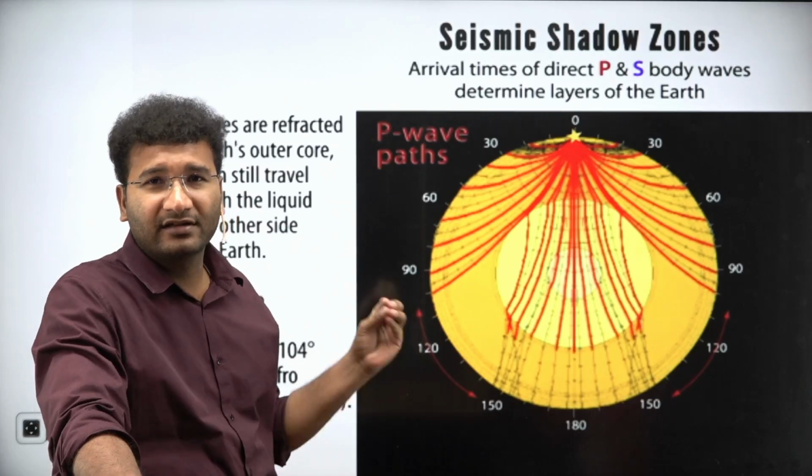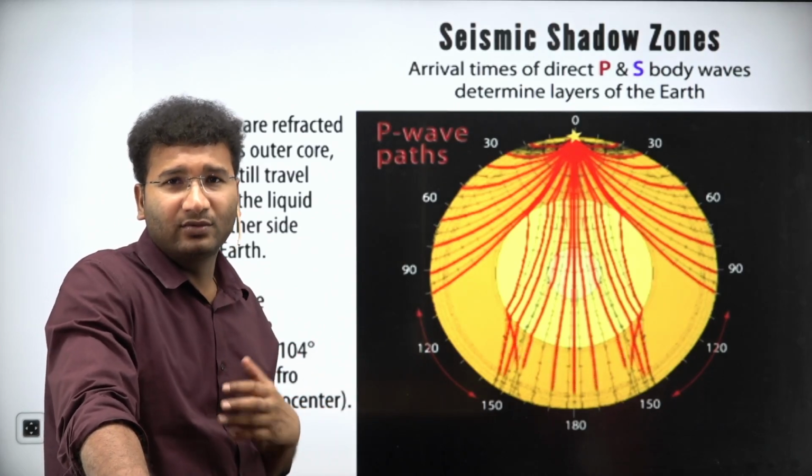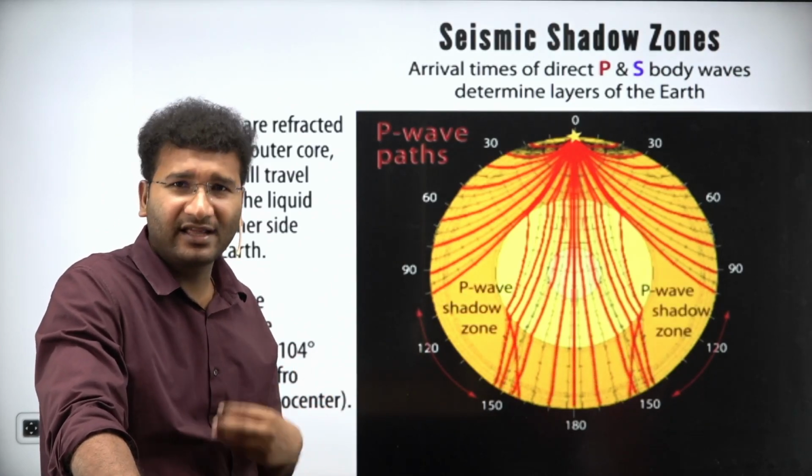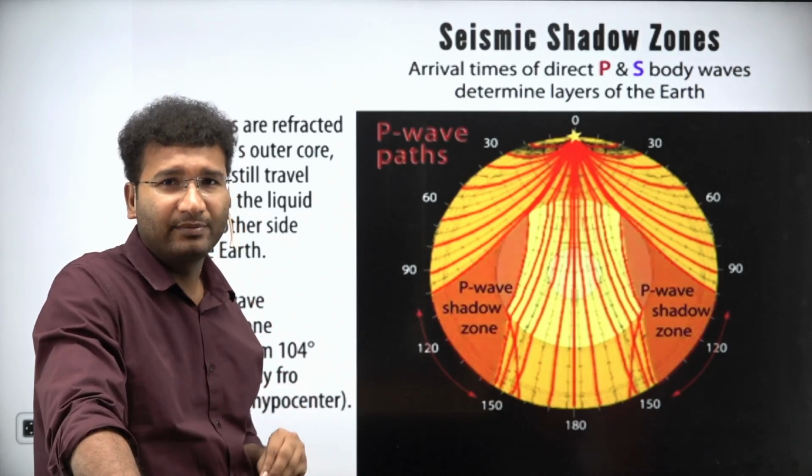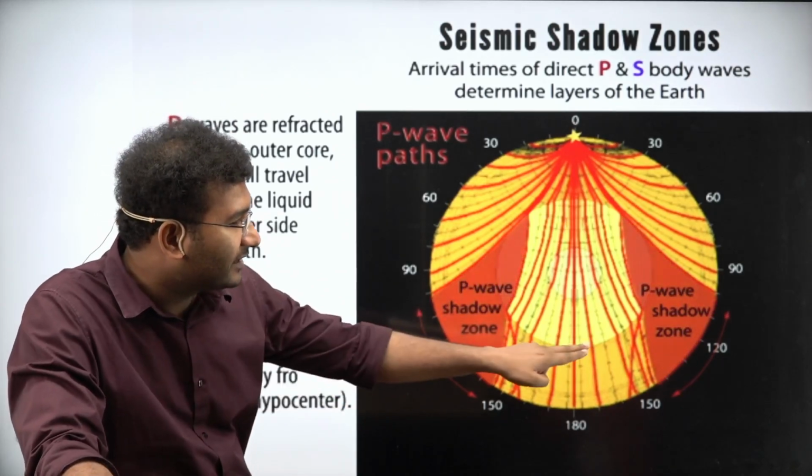Maybe there is a liquid layer, there is a solid layer. Till now I did not tell you the names of the layers. I'll tell you in the next few minutes, but be patient. Now this red color is the place where